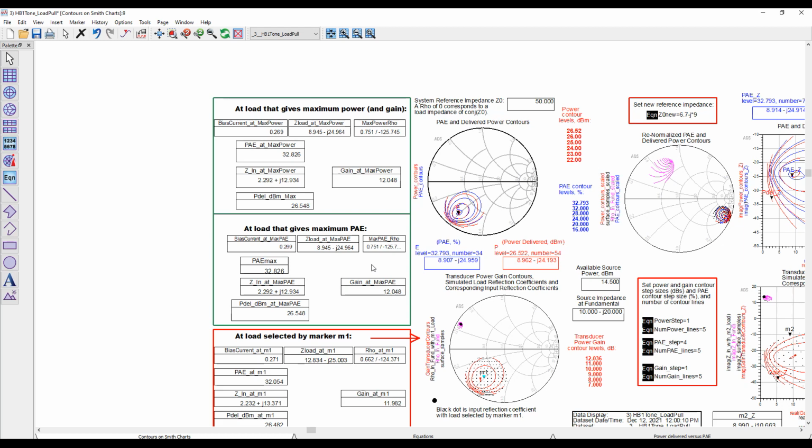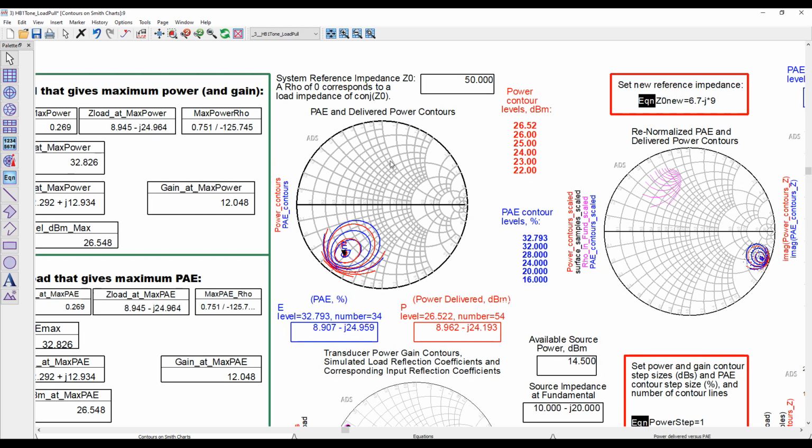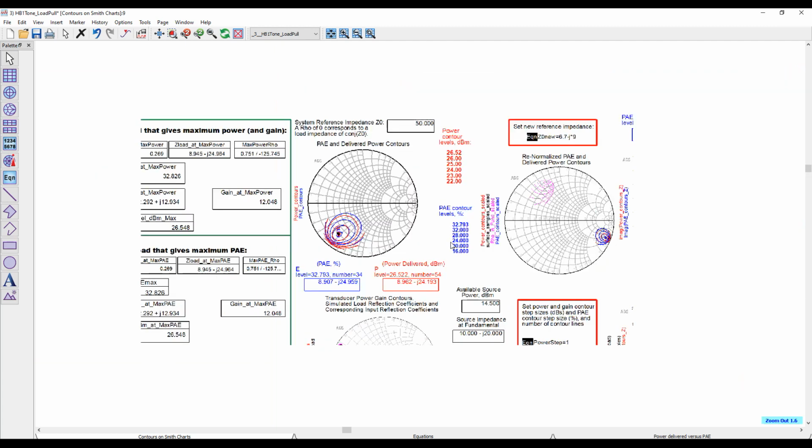Fortunately for this transistor, both peak power and peak PAE contours are overlapping each other. Due to this, it's easy to select an impedance because, as you can see, the peak PAE and peak power load and source impedances are the same. This is our load and source impedances contour, and the power and PAE values of the contour are given here.